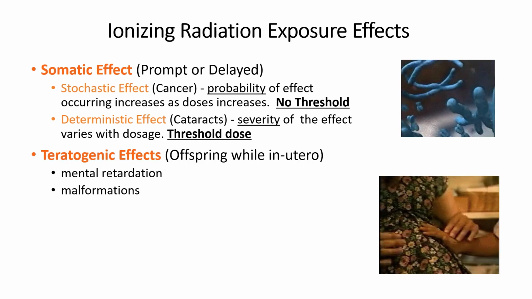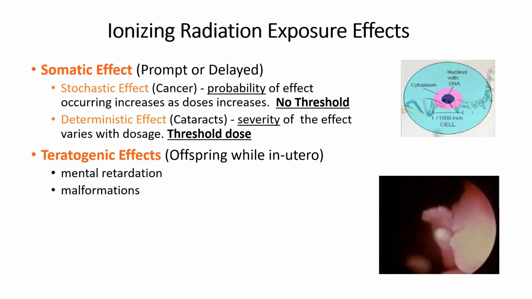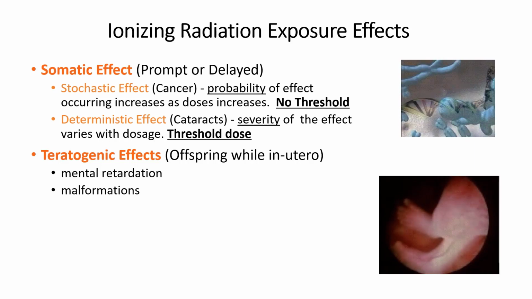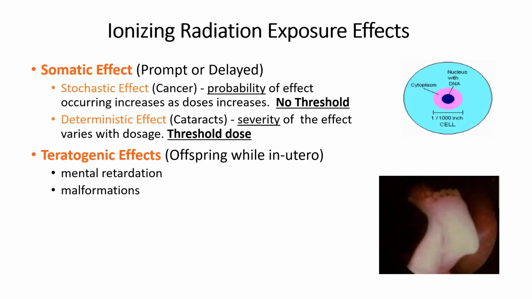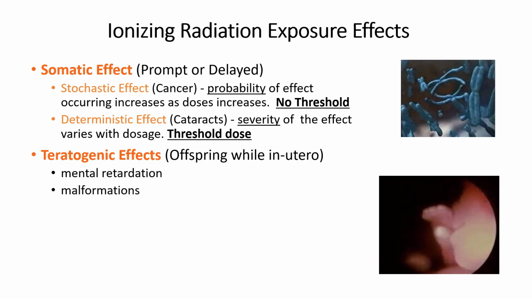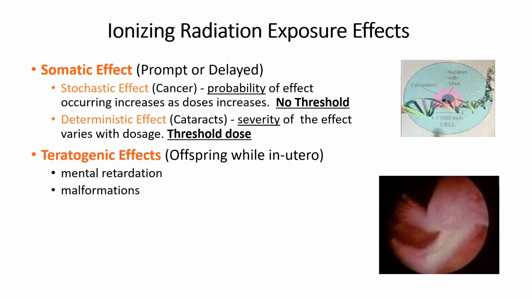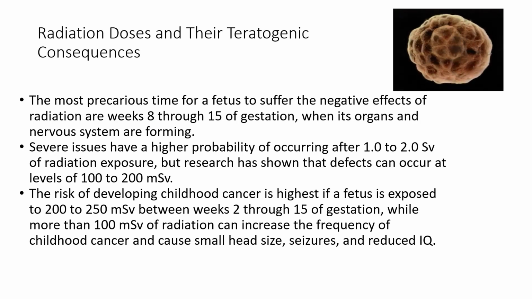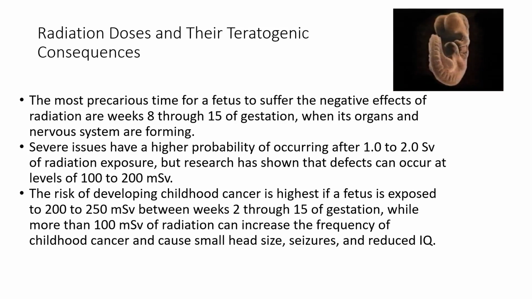The first effect is a stochastic effect, which would be the probability of getting a radiation-induced cancer. The second effect would be a deterministic effect, which is where a specific exposure will cause a specific biological response. The most precarious time for a fetus to suffer negative effects of ionizing radiation is weeks 8 through 15 of gestation, when its organs and nervous system are